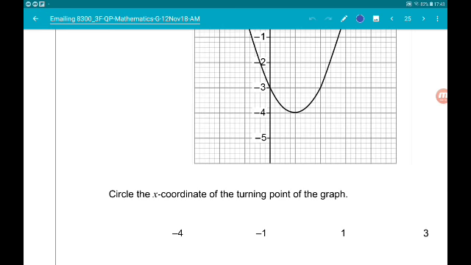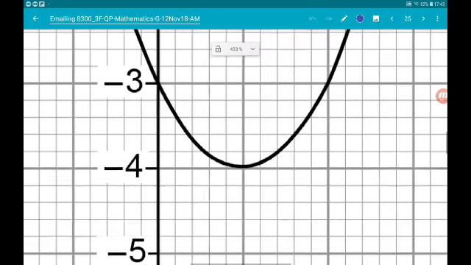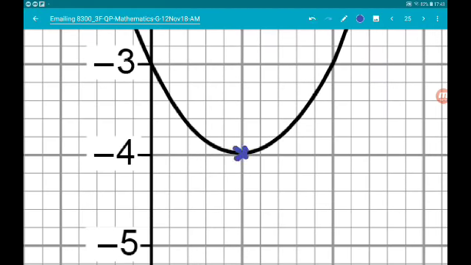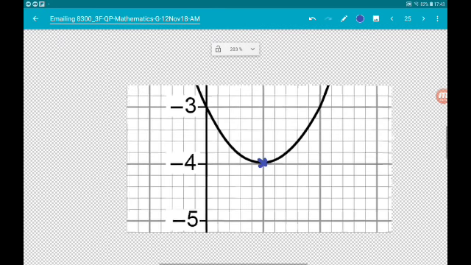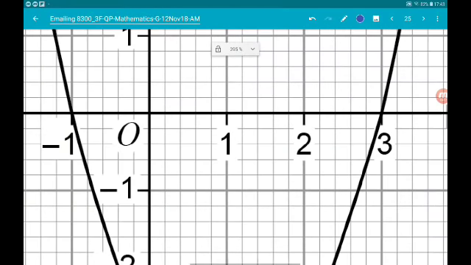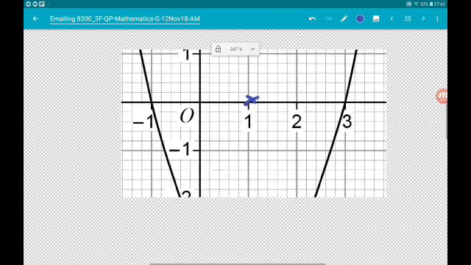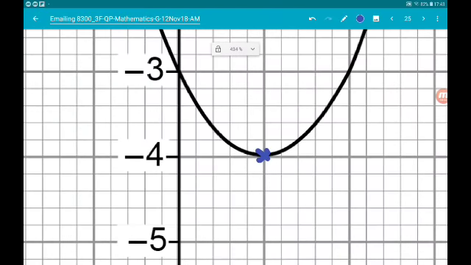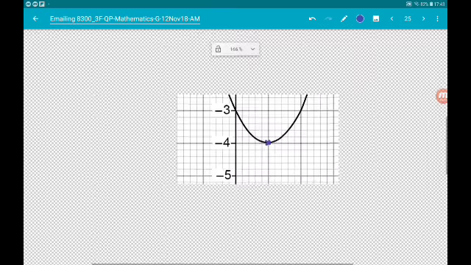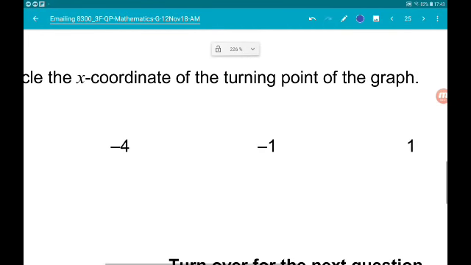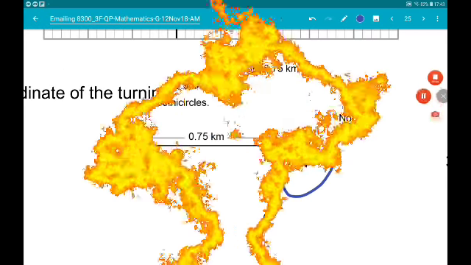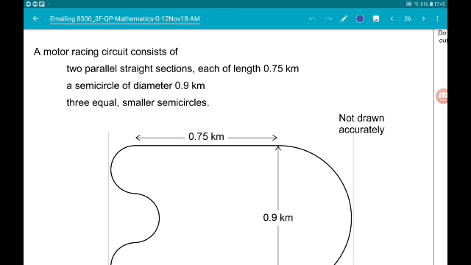point. So, the turning point, funnily enough, is the point where the graph turns. So, there. Now the x-coordinate is 1. While we're here, the y-coordinate is minus 4. But we only care about the x, so it's 1. Cool. 27, 95 marker. So, the motor racing circuit consists of 2 parallel straight sections of length 0.75 kilometers, a